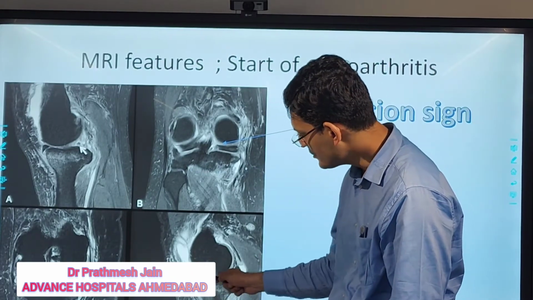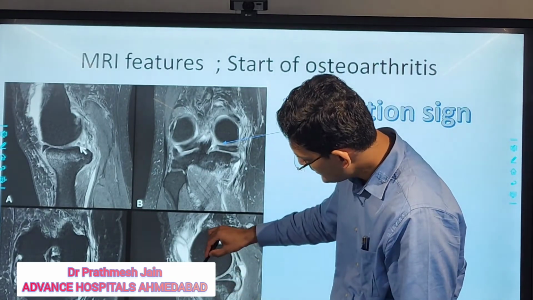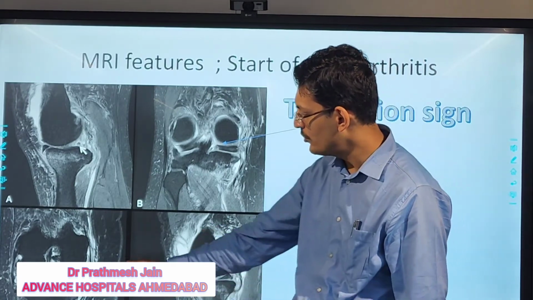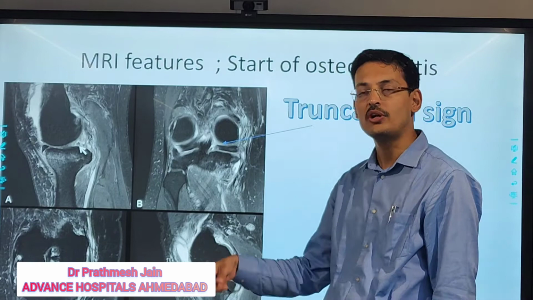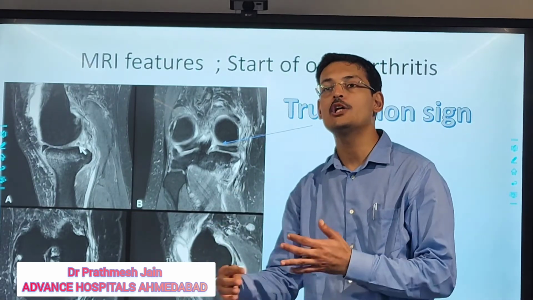And here the meniscus on the anterior view, you can see that it is extruded anteriorly also. Not only it is extruded medially, but this is extruded anteriorly also. So this is not exactly medial, but an anterior-medial extrusion.